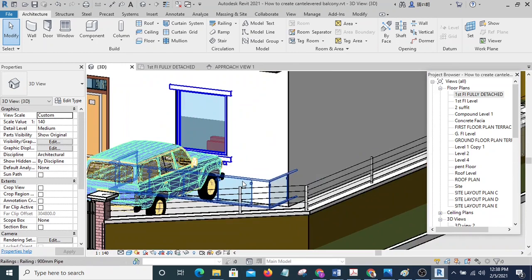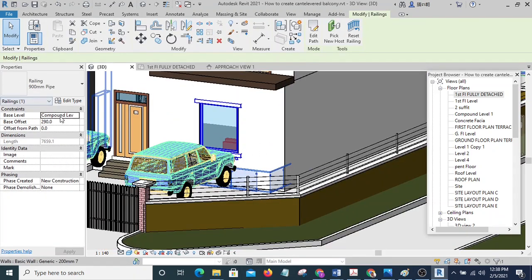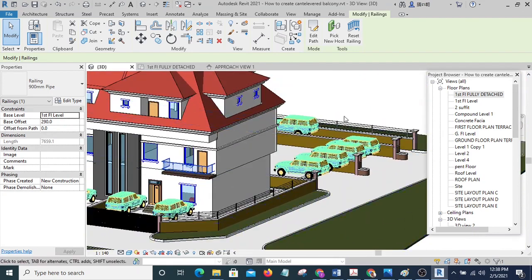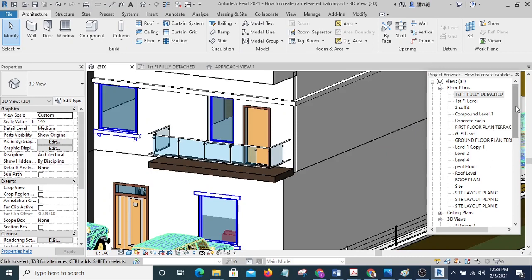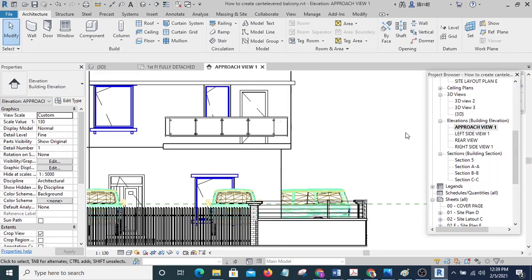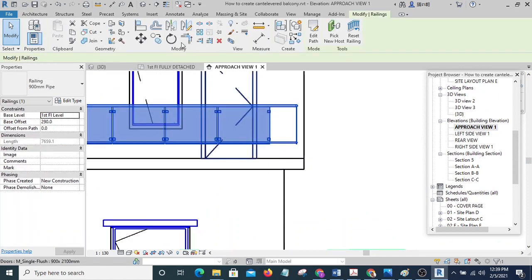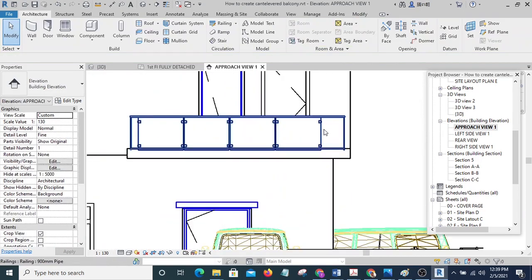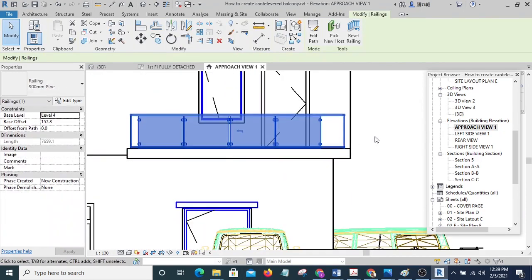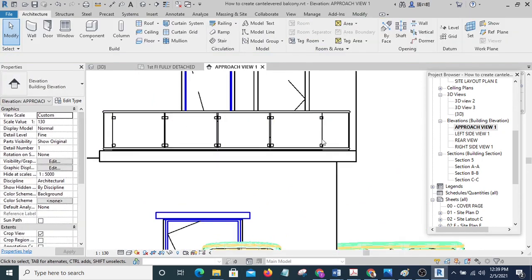It's high. Okay, it is on the ground floor, so I'm going to take it to the first floor. I'll take it to first floor. Okay, then it's still not balanced, so I am going to go to my elevation. I am going to move it down and make sure this joint is checked so that you will be able to move it freely. Okay, then you can also use the arrow keys on your keyboard to move it.